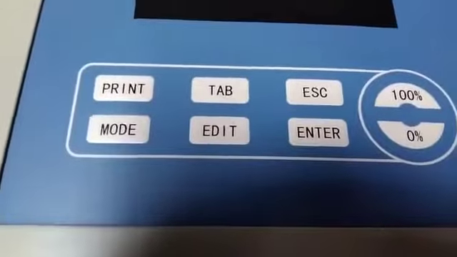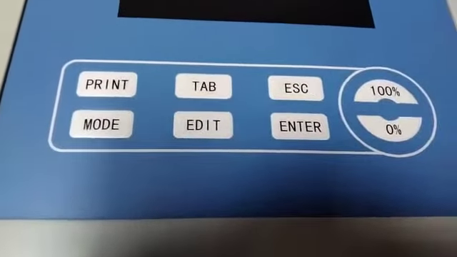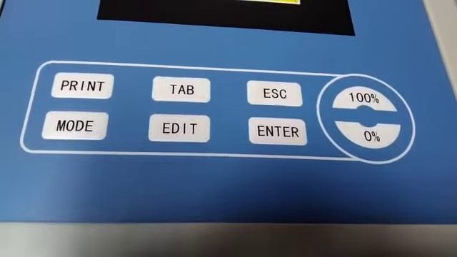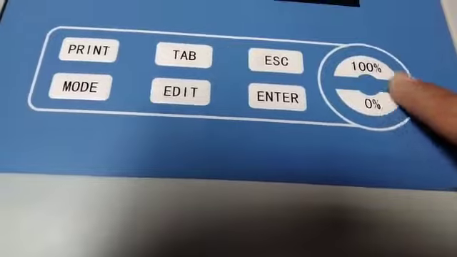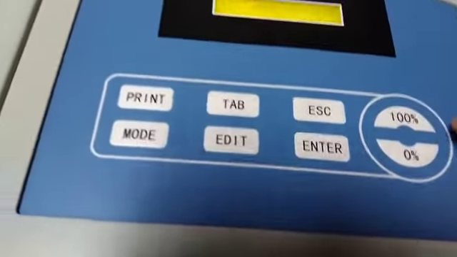Next to the wavelength indicating window is the keypad that has print, mode, tab, edit, escape, enter, 0% and 100% keys. Your basic concern is with these two keys, 0% and 100%. How? I'll tell you next.